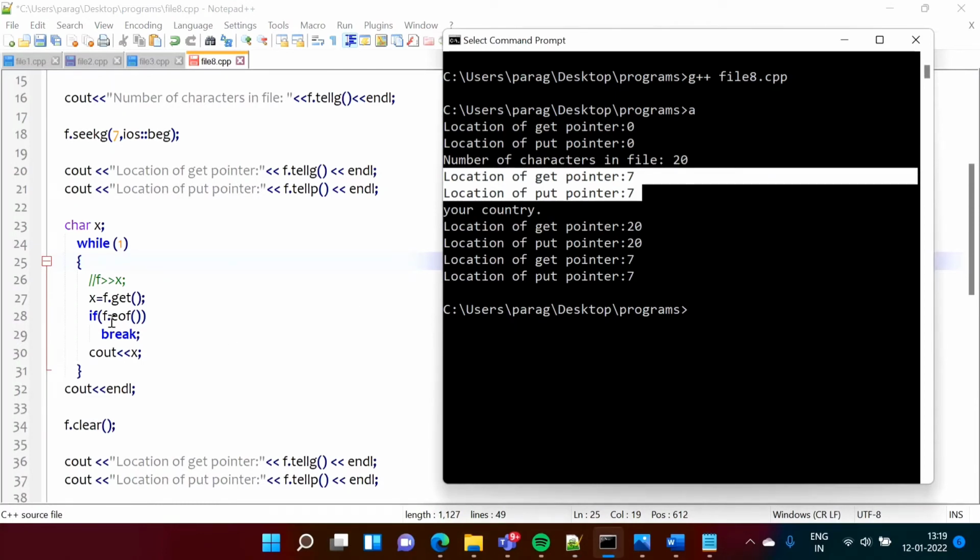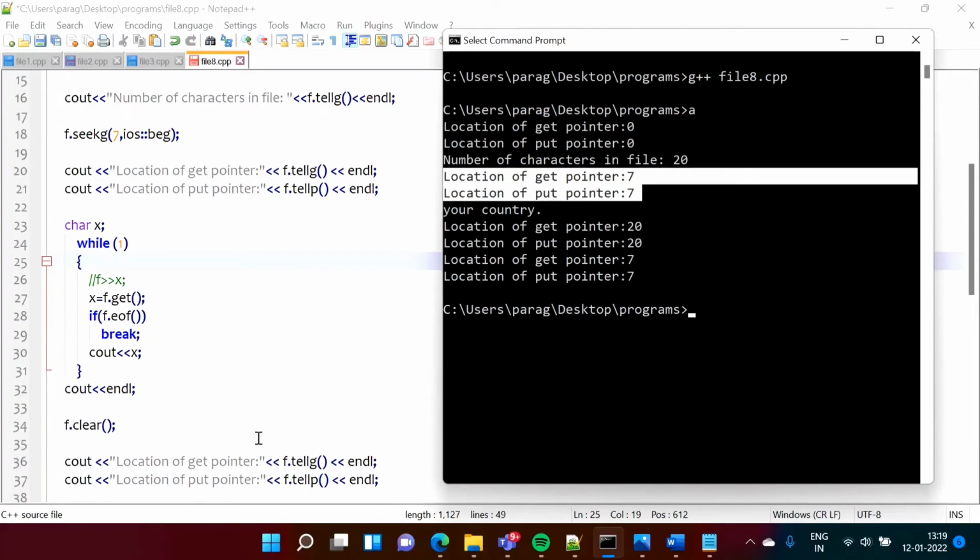Now see, when we reach the end of the file, what happens? That flag is set, the end of file flag is set. Once the flag is set, after that we cannot perform any operations. We cannot move file pointers or perform any operation, because the end of file flag is set.